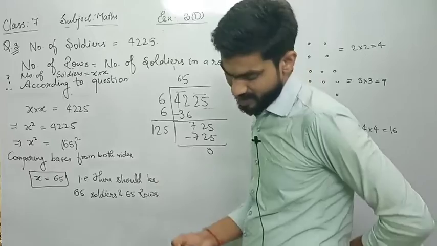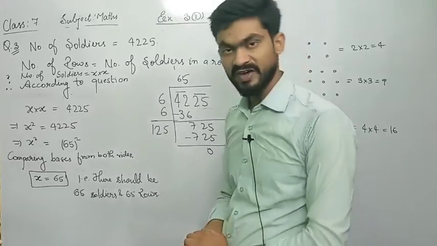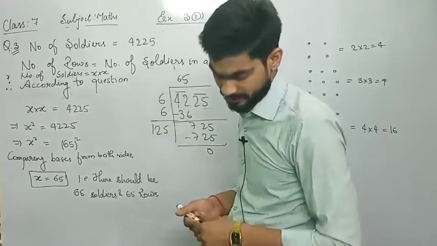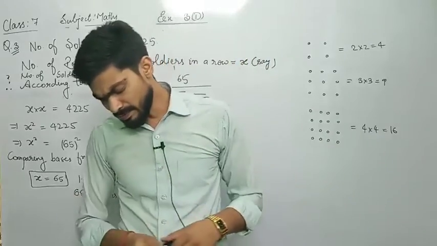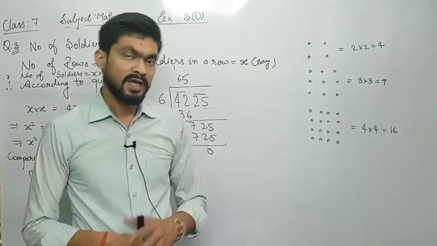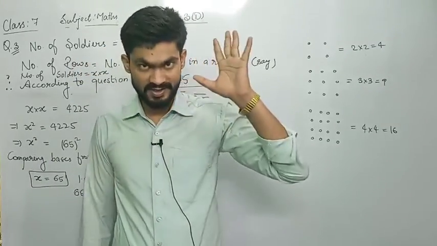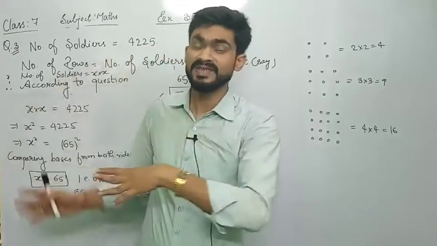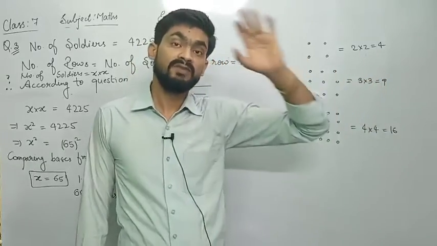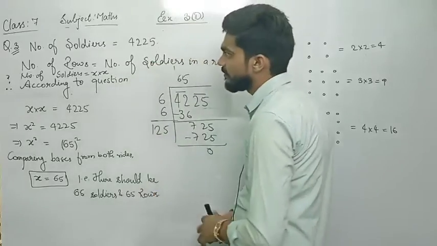Similarly, question number 5 is also there. A club collected rupees 7,225 for a charity. Charity means dan for social work. Each member contributed as many rupees as there were number of members of the club. Suppose 50 members are there, so every member donated 50 rupees. In this manner, if 10 members are there, every member is donating 10 rupees. 40 members are there, every member is donating 40 rupees. Like that, you will write in the same manner.